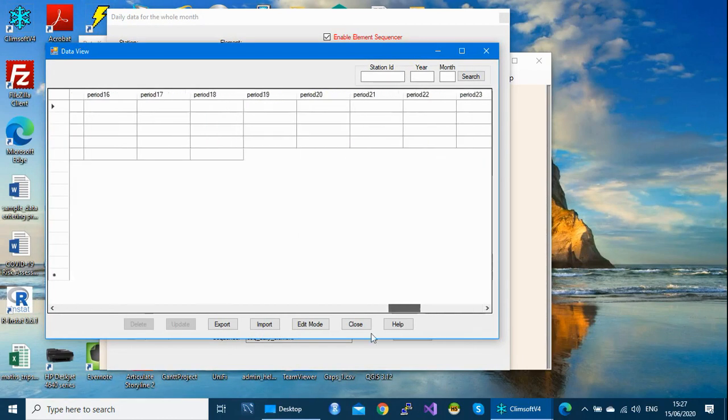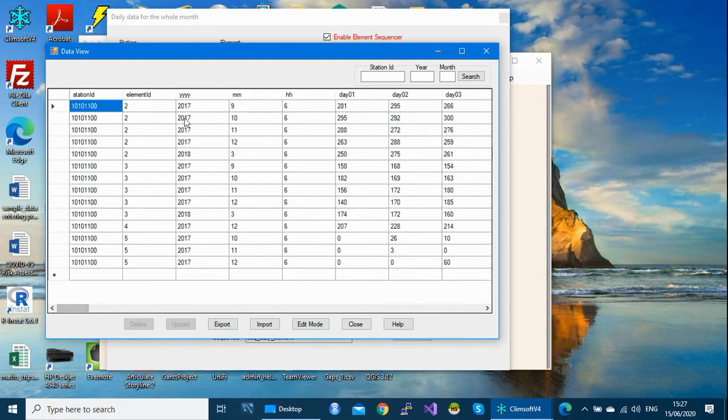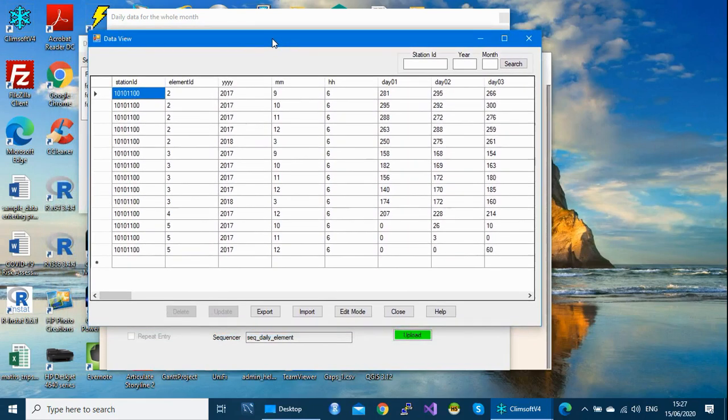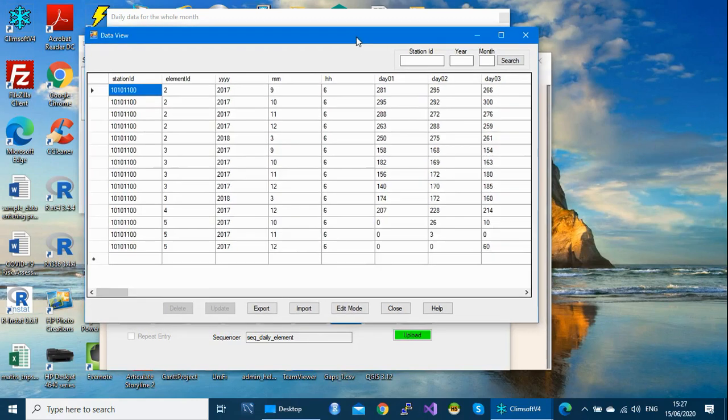So this can be used especially with the people working at the outstations. It can be observed by anyone else who is doing digitization at the outstations or at the station level. So you may decide to share this data with your colleagues at the headquarters so that they put all the data together. So this is one way of sharing the data.